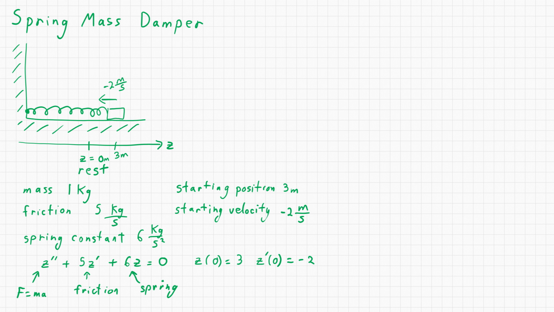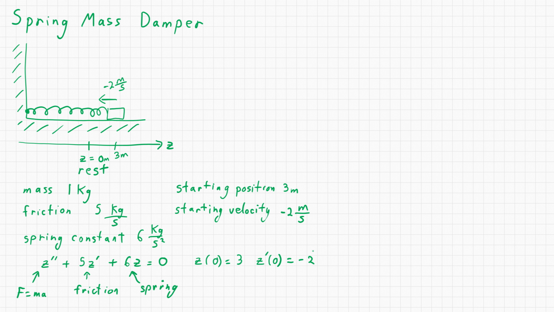All right, well, what if I had told you just one of them? What if I had told you just z of 0 equals 3, and I didn't tell you the velocity? Well, you still have no idea what it's going to do, because depending on the velocity, it's either going to be going left or going right at the start of the experiment at 0 seconds, or if z prime equals 0, it's going to have a velocity of 0, stay exactly where it is, and then start moving. So you need both of these to be able to predict the future position of this mass on a spring. So physically, that's why we need two initial conditions, a z and a z prime, for a second order